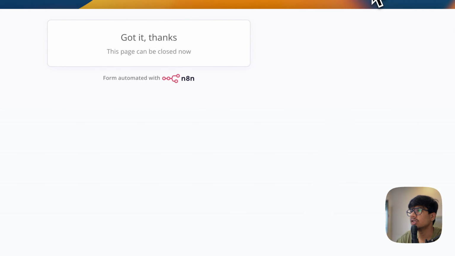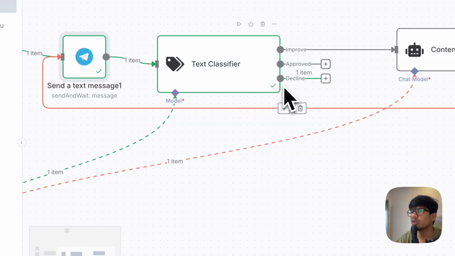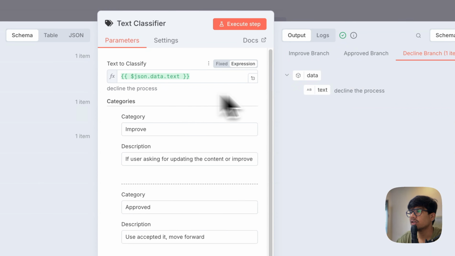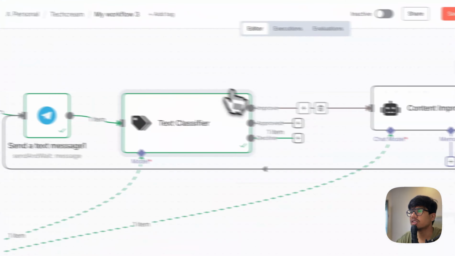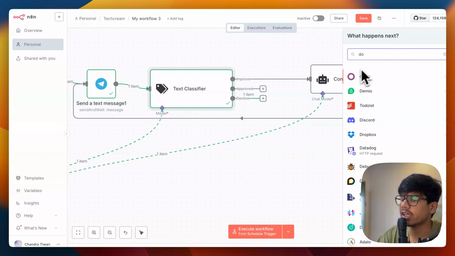and submit this, and now you can see in n8n, it is going to this decline process. You can see this green tick, this one, decline the process, and it's going to the decline branch like this. You can see here approved branch, improved branch, and decline branch. It's going to the decline branch, and you can just do nothing, or you can update the user again